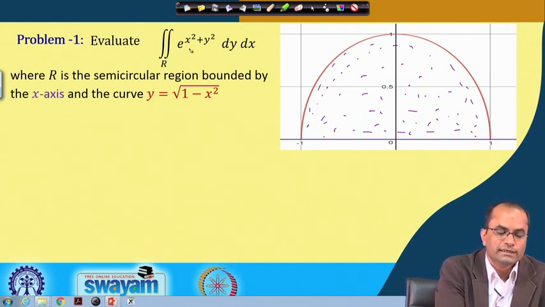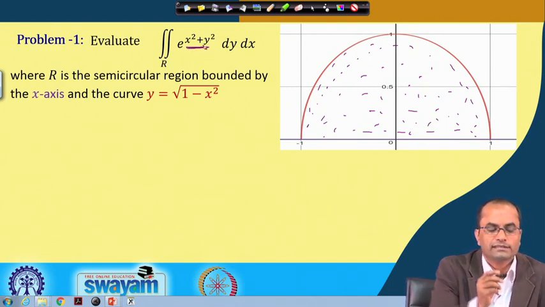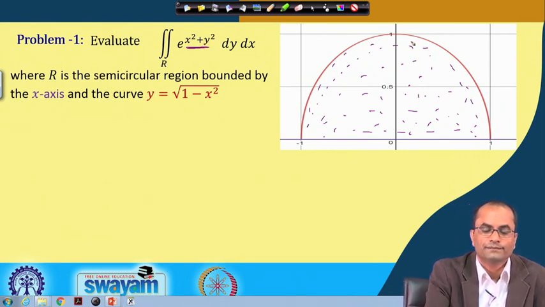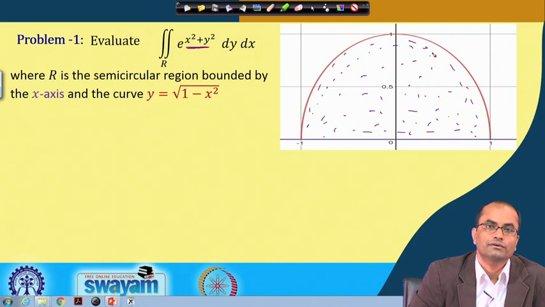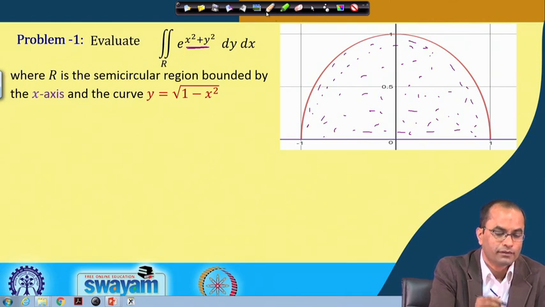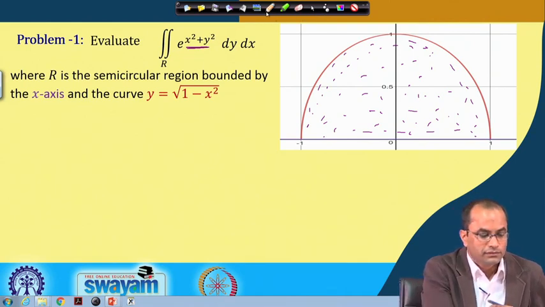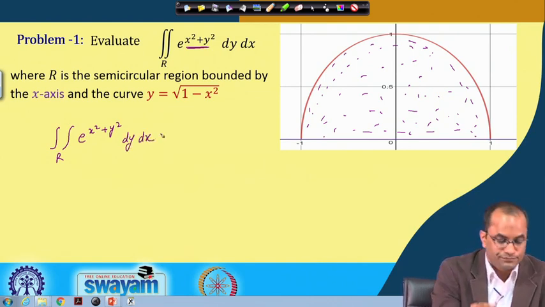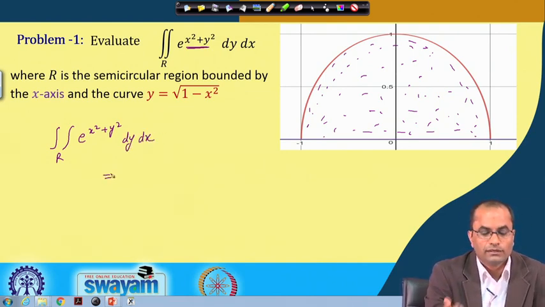Secondly, our integrand here has this term like x square plus y square. So, that will also make it easier for the evaluation of the integral. So, if we now compute the integral, so that will be over r, this e power x square plus y square, dy dx. So, here if we write down in the polar